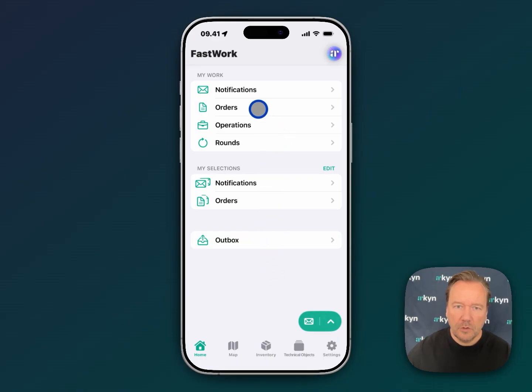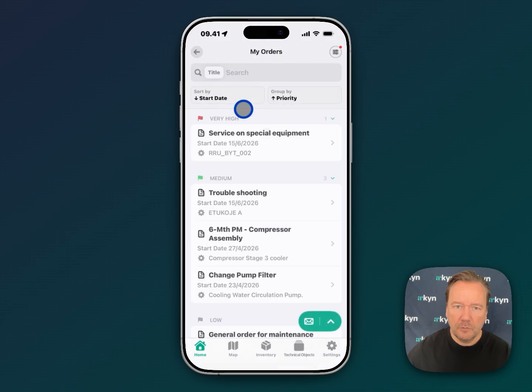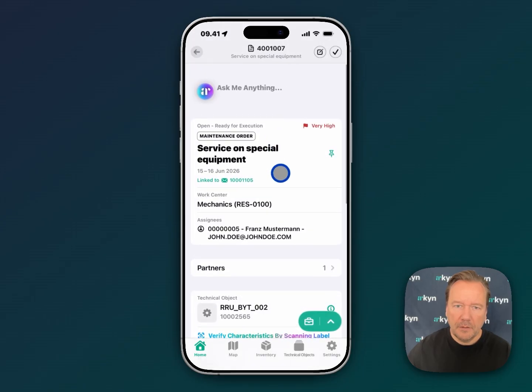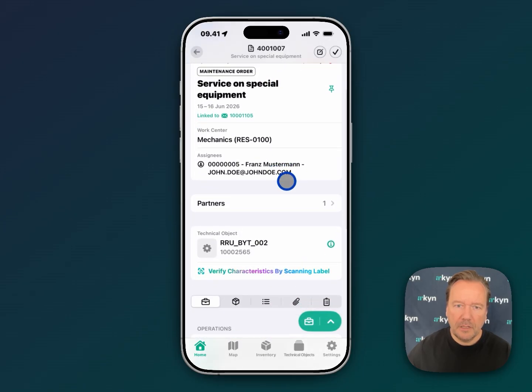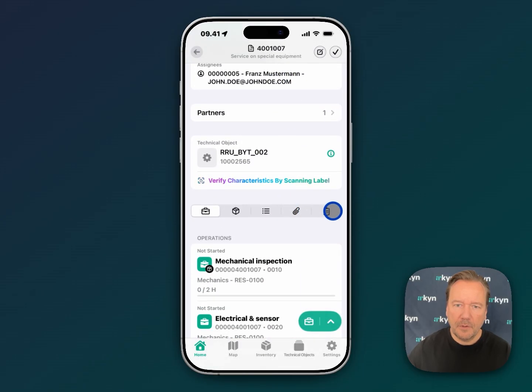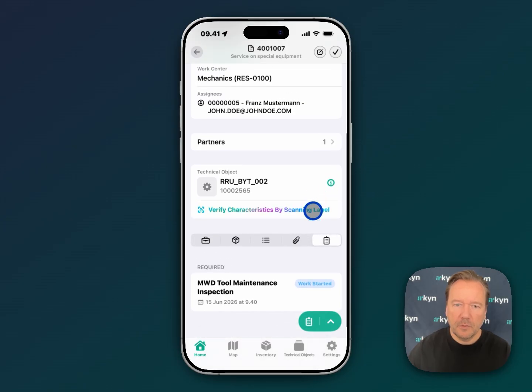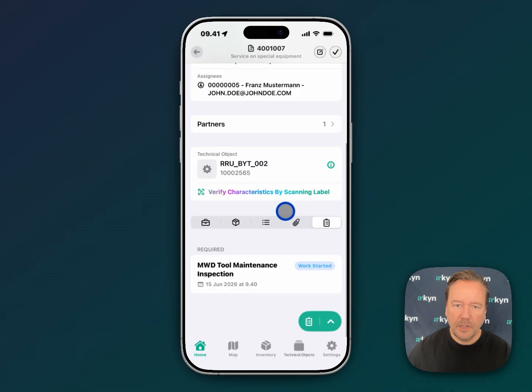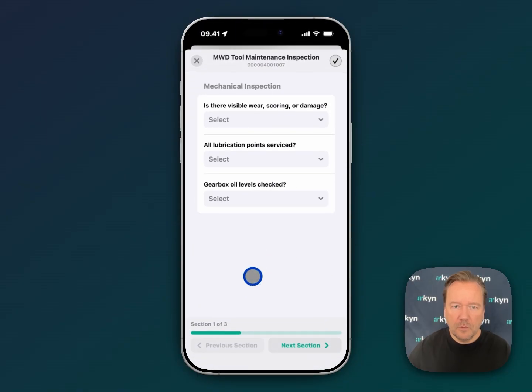So just to show you the end result, I'll go into my work orders. I'll look at a specific PM work order here. And if you have Fast Forms, then you have this tab available over here at the right. And this is the form sections. And this will show you any form that has been either attached by the technician or by any of the distribution rules. So if I just tab that one, you will then be able to see the form here.